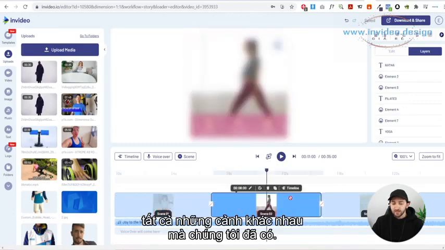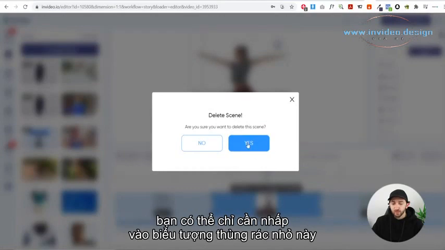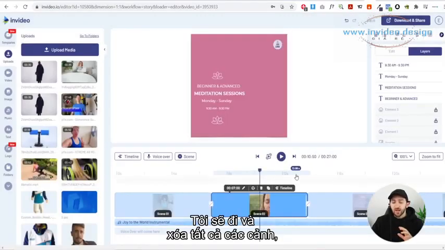all of these different scenes that we already have. So once you click on a scene, you can just click on this little bin icon and then just click on delete scenes. So I'm just going to delete all of the scenes, and then we are just going to be